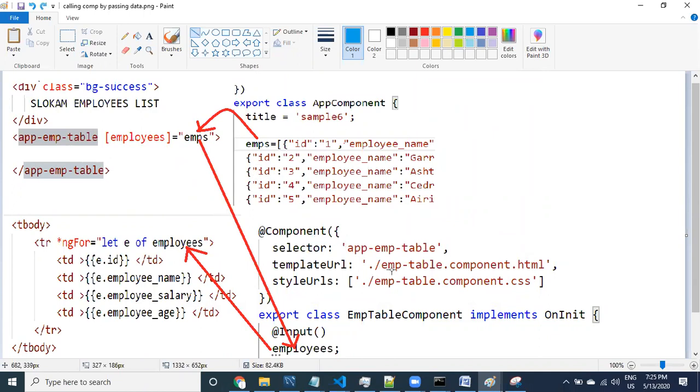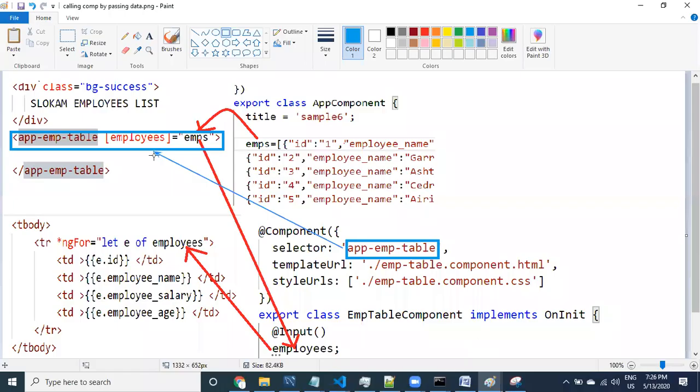We are calling the app employee table component here, and then we are providing employees from the app component to employees here. This employees property we are providing here, the same property we are assigning. Actually this property is available where? I missed the diagram.